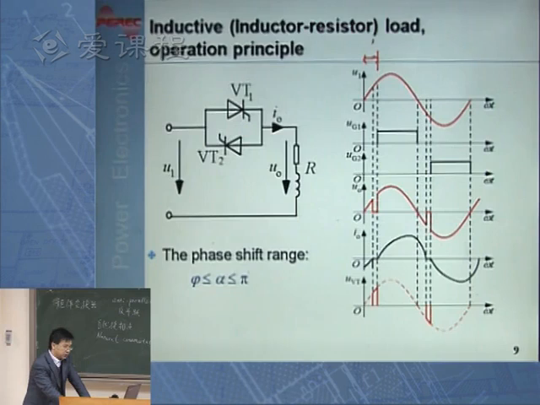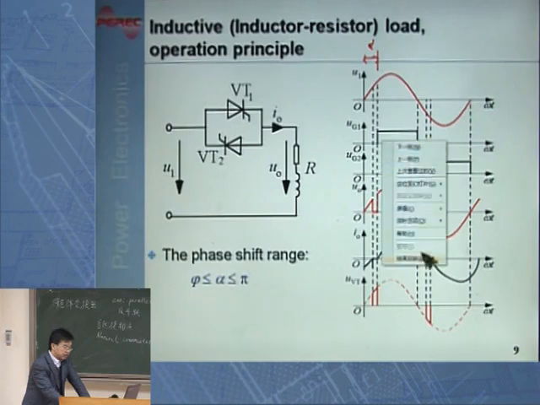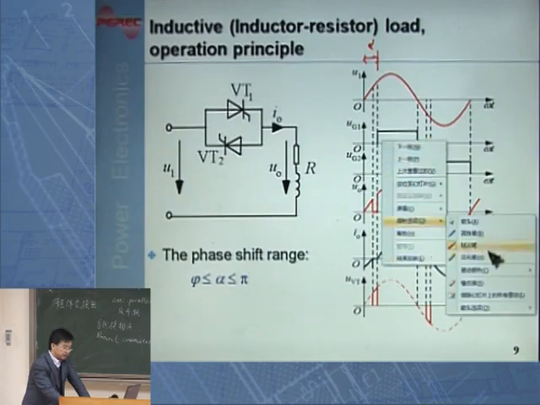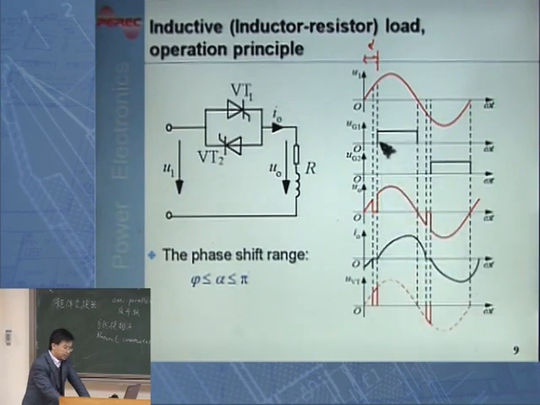UG1 is the gate signal for thyristor VT1. UG2 is the gate signal for thyristor VT2. So the leading edge of UG1 represents the time instant when you trigger VT1, and the leading edge of UG2 represents the time instant when